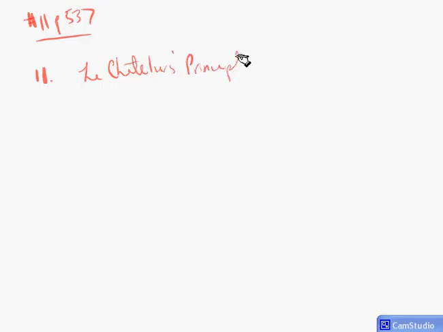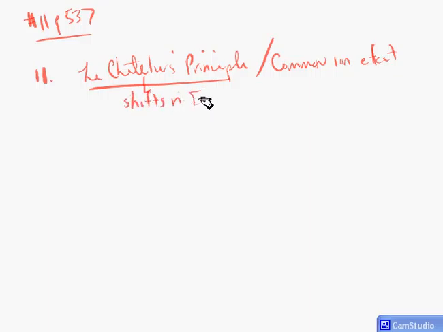Okay, now we're looking at number 11. Number 11 on page 537. And this is a short answer response asking us to talk about how Le Chatelier's principle is related to the common ion effect. Okay? Well, we know that this is talking about shifts in equilibrium with changes in concentration, pressure, and